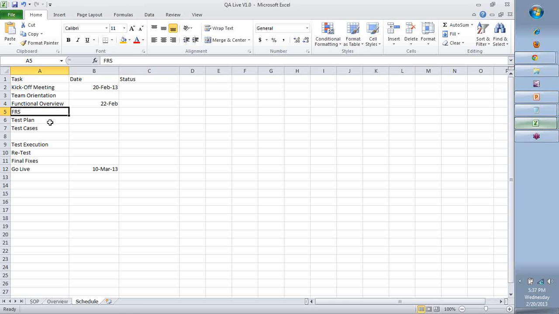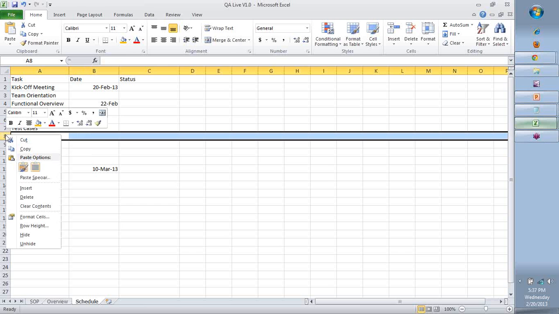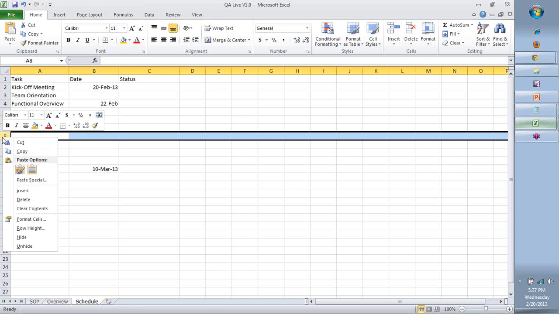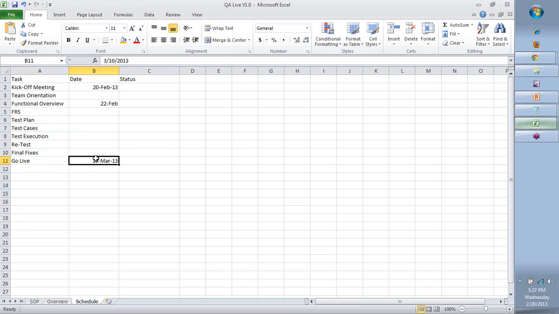We, when I say we, you will have to do that. You will have to create a document. A high level document is fine. No screenshots or images, no problem. But what is it supposed to do? What is the functionality? What are the different types of uses? All of these things you will have to do. Test plan, test cases, all of this you have to prepare. You will have to do the execution. I have just kept some blanks in between because we will fill it as we go.